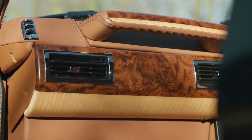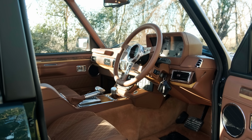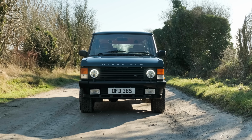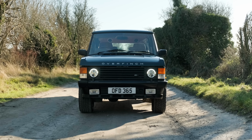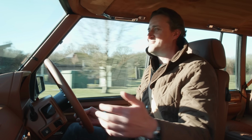And also the colour combination of this car is about as British as you could possibly get. So you've got this deep rich emerald on the outside, and I have to say the paint finish, I've looked at it and it's superb, real glass finish lacquer, and then inside matched beautifully with this nice tan